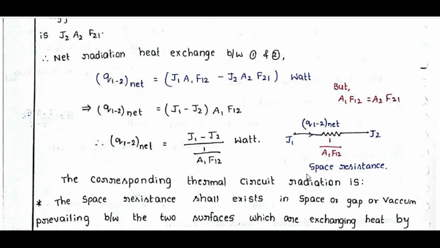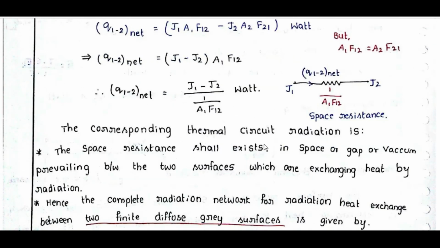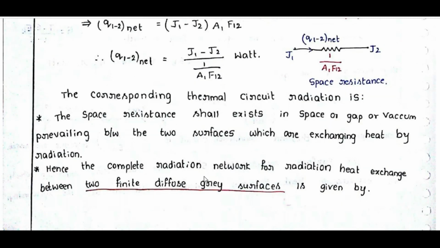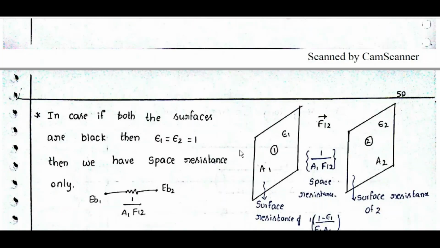The corresponding thermal radiation circuit is this: J1 to J2, Q12 net, through 1 by A1 F12, the space resistance. The space resistance shall exist in the space or gap or vacuum prevailing between two surfaces which are exchanging heat by radiation. Hence, a complete radiation network for radiation heat exchange between two finite diffuse gray surfaces is given by